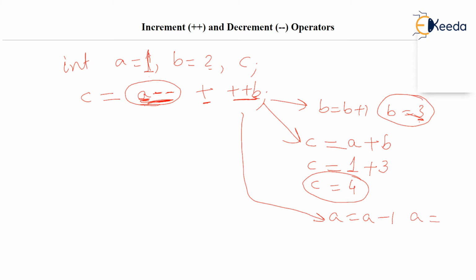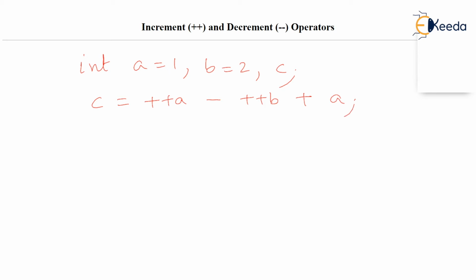So if A, B, and C are printed sequentially, output will be 0, 3, 4. So really interesting, isn't it? As a C programmer, you are writing a single line, but actually there are three lines in this particular single line. Let's do more on this. This may confuse us, but it is very interesting, and one has to know what happens here.